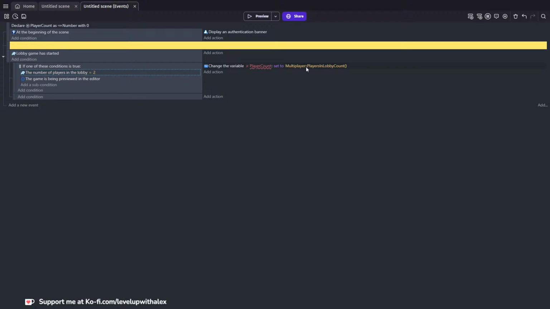We're using the multiplayer behavior, and then we're using the extended feature that we can pull from it called player in lobby count. So if it's more than 2, we're going to take the total number of players. In this case, we could say maybe greater than, even. Let's do greater than or equal to 2. So if it's 2 or more players, change player count equal to the number of players in the game. And then we're going to create,